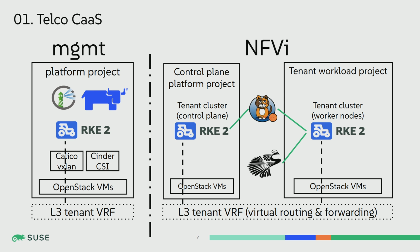So there's a control plane project, which is managed and run by the platform team, by my team. And there is a tenant workload project, which is what the tenant sees. So the idea here, before I go into some more detail on the component sets, is that we're trying to take away as much complexity as we can from the tenants about managing and running Kubernetes infrastructure, but trying to give them an experience that's as close as possible to the IaaS service, which they know from